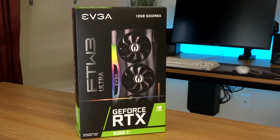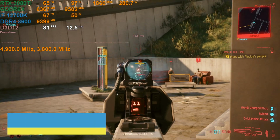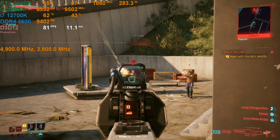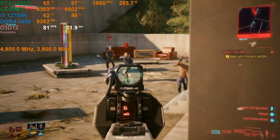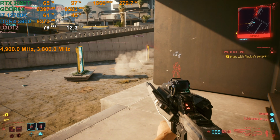The 12700K and 3080 Ti, that's a good combination, and it should perform well for quite a while now. It's kind of like one step below the top end, you know. It's not the 3090, but the 3080 Ti gives almost 3090 performance, and it's not the 12900K, but the 12700K gives basically 12900K